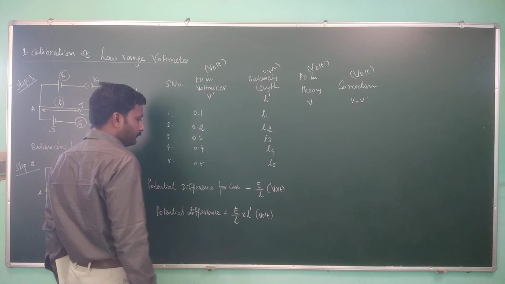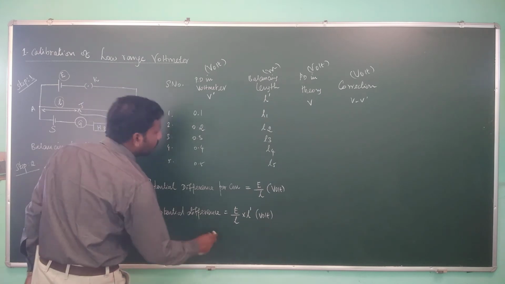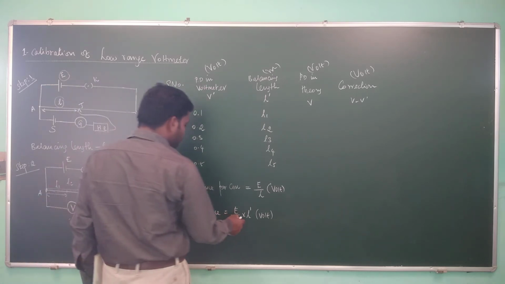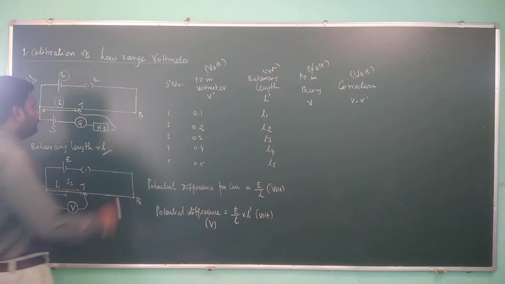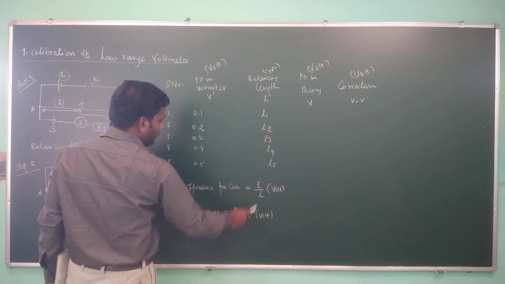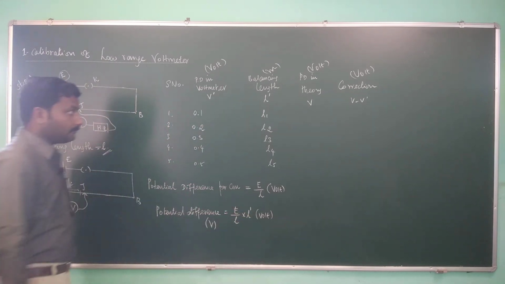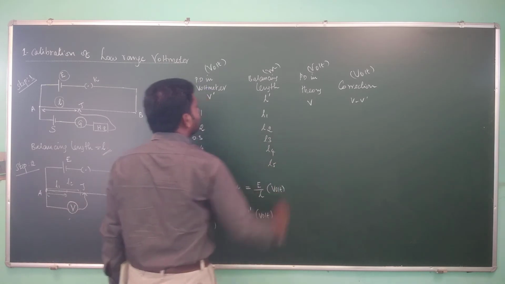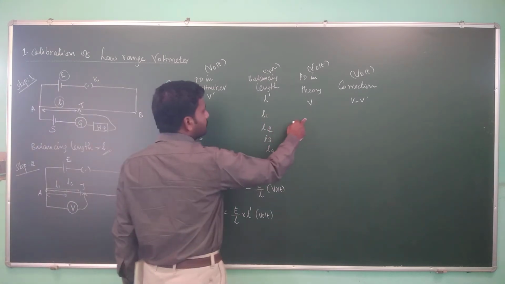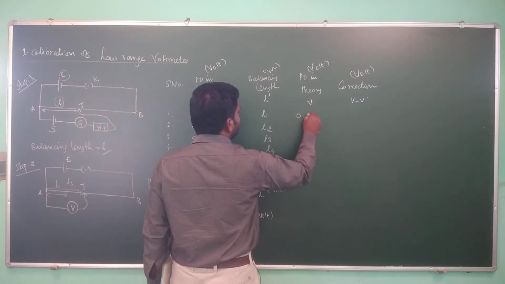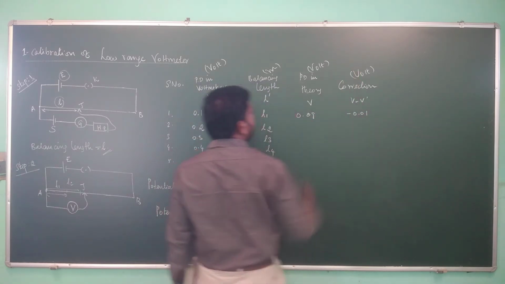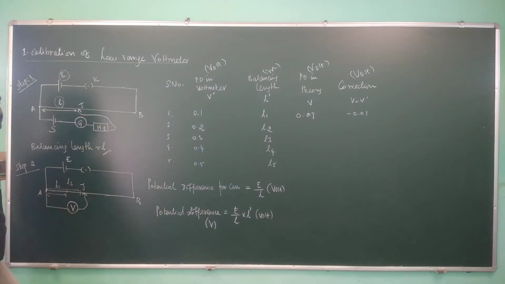Now this is nothing but the theoretical V. So this is V actually, theoretical V, and we can calculate using this. How to calculate? We already know E and L. From this tabular column we have L1, L2, L3, which are applied in the place of L prime for different values, and we will write the theoretical V. The voltmeter readings are already tabulated here. We will take the difference. For example, here it may be 0.09, so that V minus V prime becomes minus 0.01 volt. In that way we can prepare the tabulation.